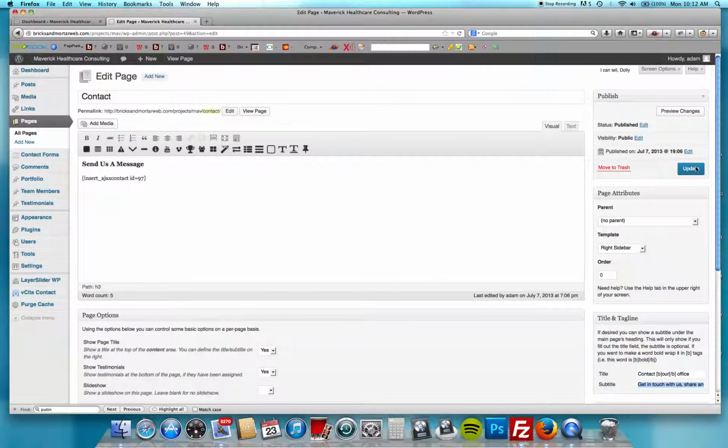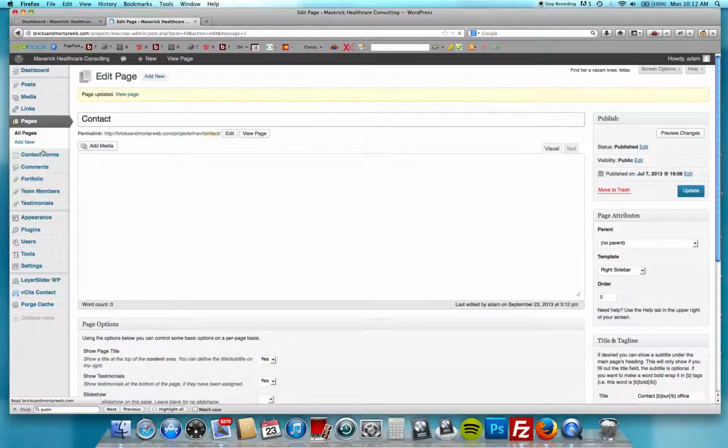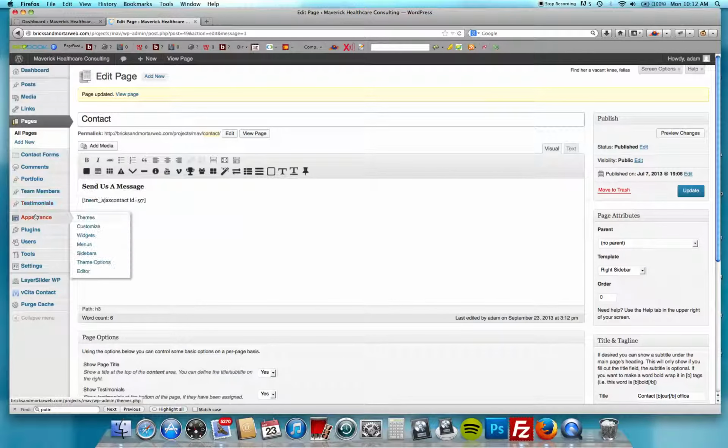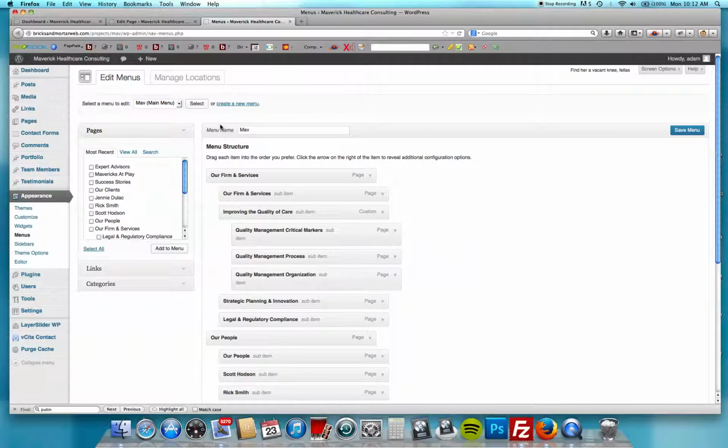Then when you're done creating, you just click update and your page is live, and you can either add it into your menu, which you would do through here, or you could set your menu to self-populate if you have that set up. But to go through menus, you can see here's your list of pages, and all you need